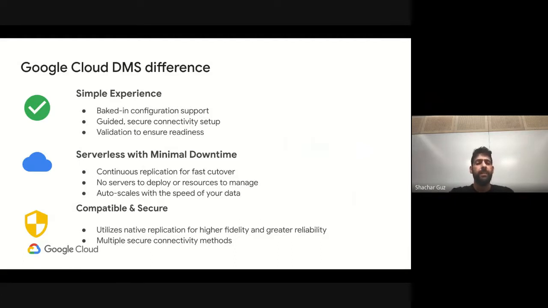The next part is the DMS is serverless. You don't need to maintain any replication instance. You are not in charge on this part. So we are providing continuous replication. Again, fast cutover, minimal downtime. You are fully aware of what is the replication delay. If there is a replication delay, you can decide whenever you want to do the cutover or the promotion. You don't have any servers to deploy or any resources to manage, and the migration auto scales with the speed